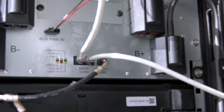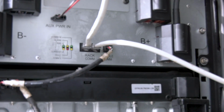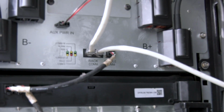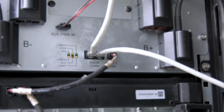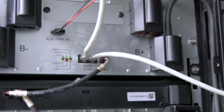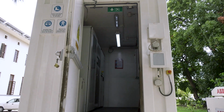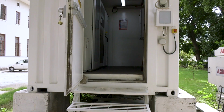The BMS includes clearly labeled B minus and B plus terminals for battery connections, an auxiliary power in, that is AUX PWR in, for auxiliary power, and various status indicators such as COMM, alarm, run, current and fault. These indicators provide real time information on communication, operation and any system fault. Additionally, the system has communication lines labeled as rack COM and cable COM, essential for data exchange between the battery systems. Now, let us go into the PCS and EMS section of this BMS, which is situated at the back